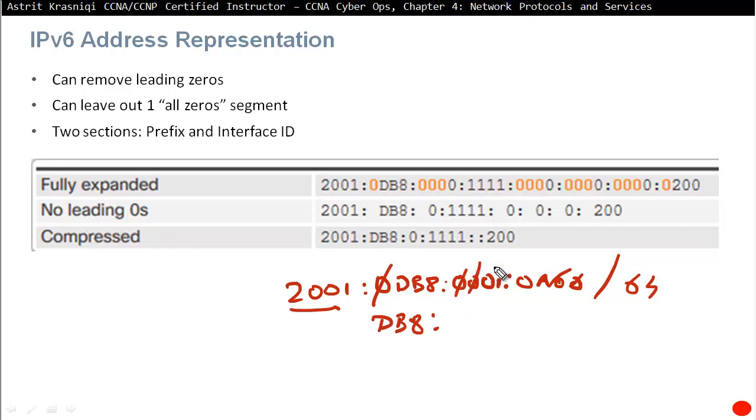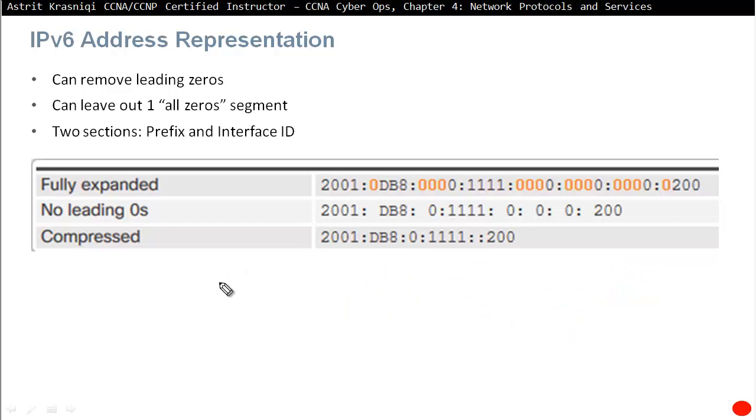So get rid of that, get rid of that, get rid of that. So we can write 1. Here we have 0A00. The trailing zeros we can't remove, so the leading 0, get rid of it, but the trailing zeros we have to write. Only the leading zeros. For example, if we take 2001, say we say db8